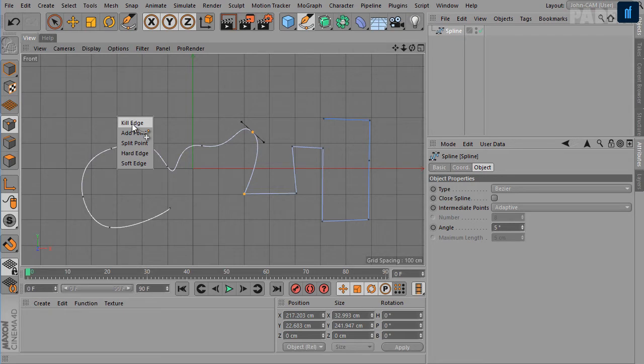For example, if we select kill edge, it will delete the segment, and you can also create that segment using this tool. Next option is add point. It will add a point there. Next is hard edge, and to switch back to soft edge, select soft edge from this menu.